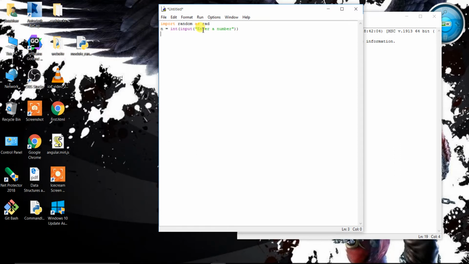So we are going to guess. This is our guess, and our number is equal to rand.randint(1, 6). So this is going to give me a number between 1 and 6. Now we are going to check if guess is equal to number, then print